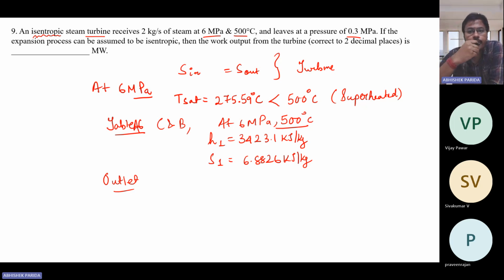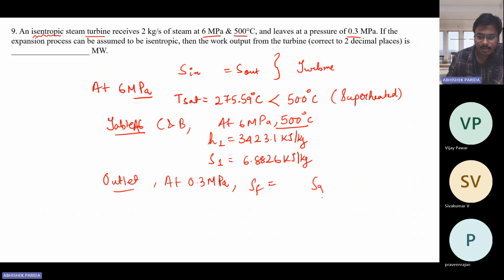It is mostly, if it is at the outlet, it will be in saturated condition. So let us refer to 0.3 megapascal. What is SF? What is SG? Let's see that at 0.3 megapascal. Again, I am referring to table A5. 0.3 megapascal means 300 kilopascal. So at 300 kilopascal, it is